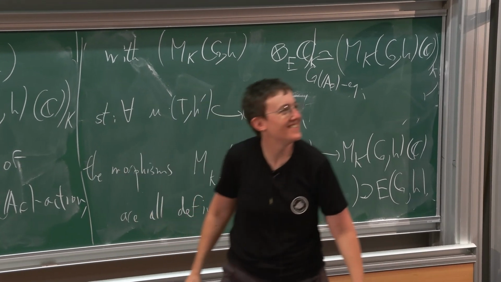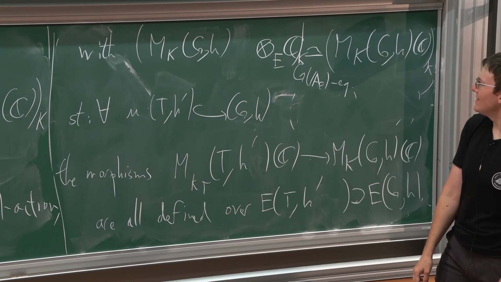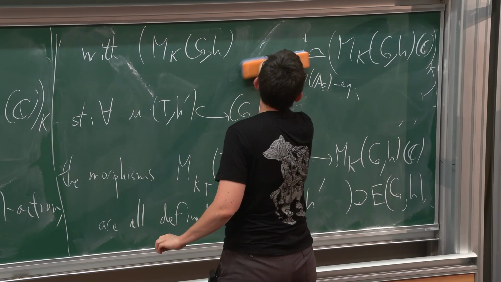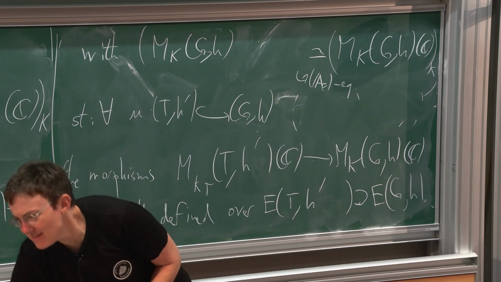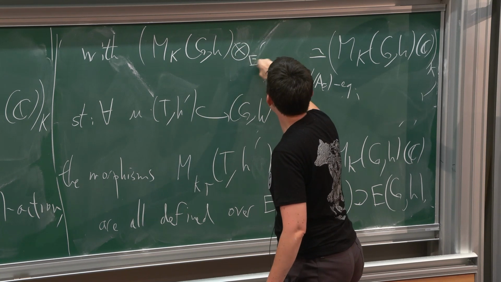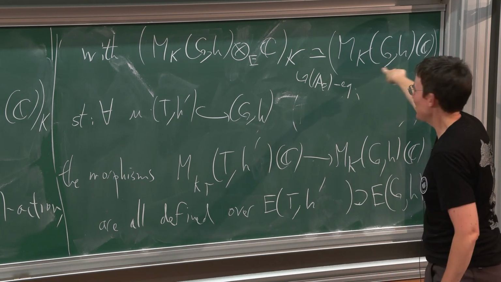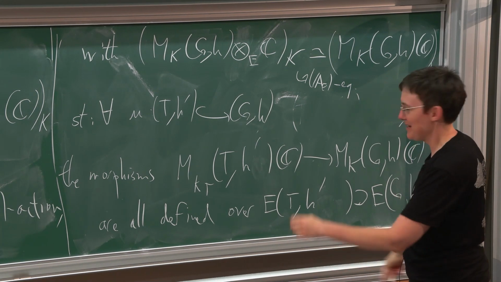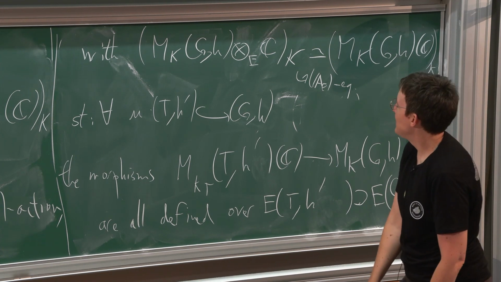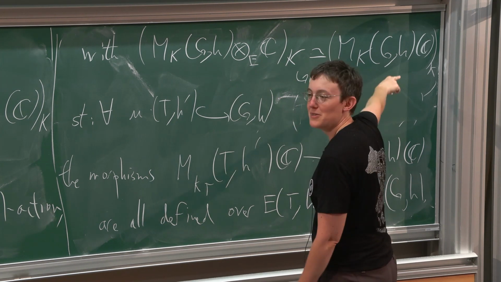You mean the C points, really, right? Well, yes, but I don't want to write the C points. I do it K by K. I have this unfortunate habit where I identify a variety over C with its C points. But here is the C points of the canonical model,